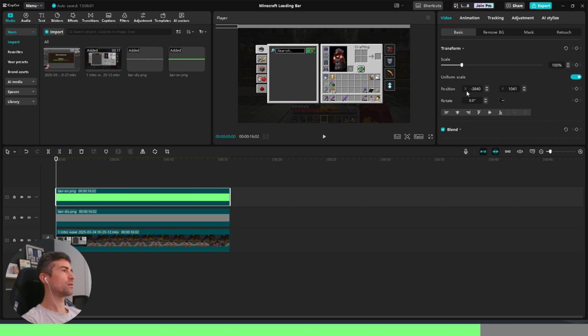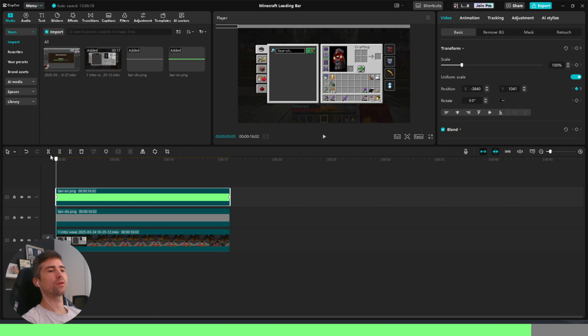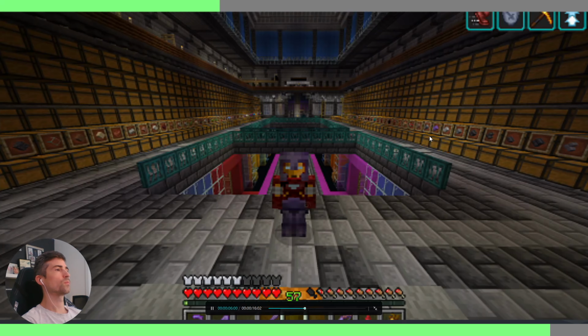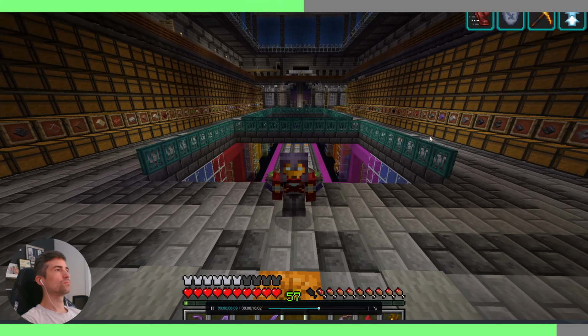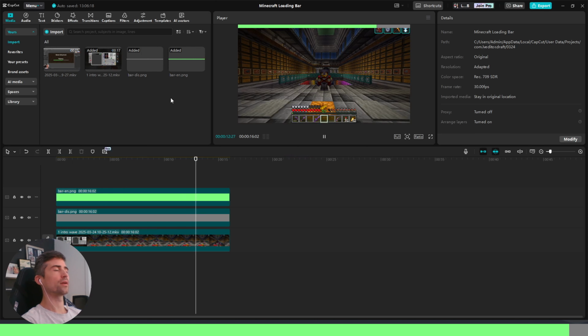And on the position, you want to add the keyframe. And then we drag this all the way to the end. And then get our green bar and drag it along to here, where we want it to finish. And that automatically adds the second keyframe. So now if we play this video, you can see that we have our loading bar along the top as it plays. So that looks pretty cool. So that is how you do an easy loading bar in Minecraft. Well, actually, in CapCut